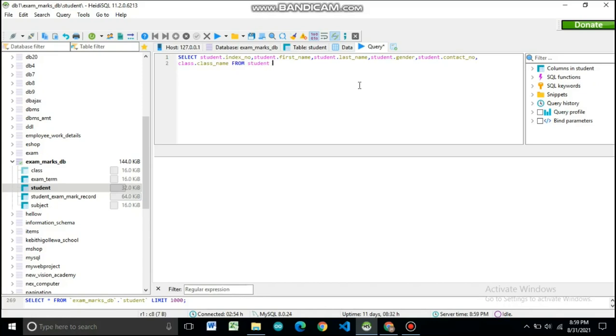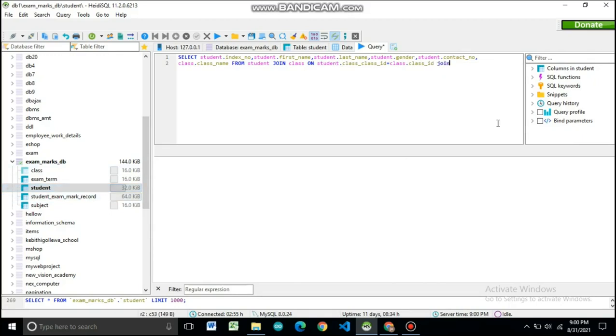So I'll be typing join class on, and then I need to equal the class ID column which is in the student table to the class ID column that is in the class table. So student.class ID equals to class.class ID,